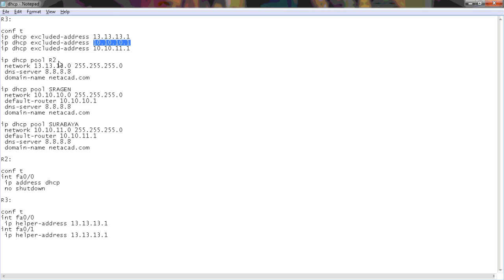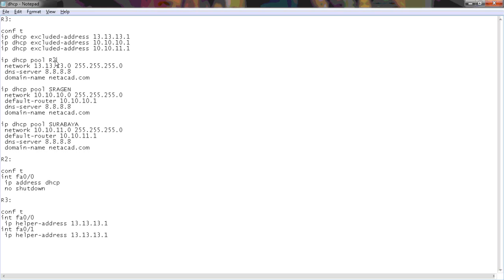Then we configure the DHCP pool for R2 FA00. This is the configuration: IP DHCP pool R2.